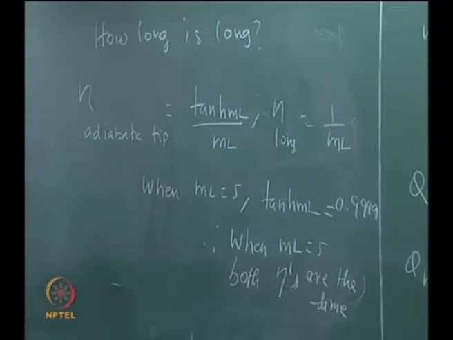The first step in this technique is to calculate the m of the fin, multiply it by L, and get ml. If ml is 5 or above, straight away use the long fin relation. There is no need to worry whether it will be an adiabatic fin tip. It is so long that the tip of the fin will be just a few degrees above the ambient, and the tip area is also less. The area is less, the theta is also less. Why would it lose so much heat? Okay.